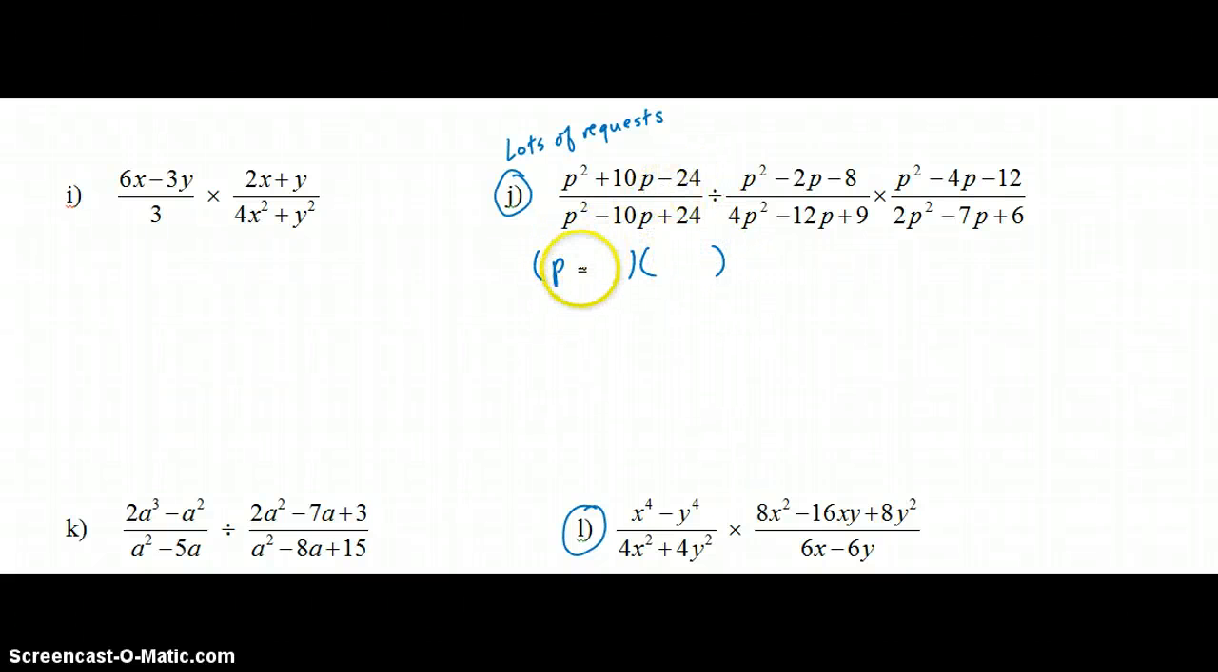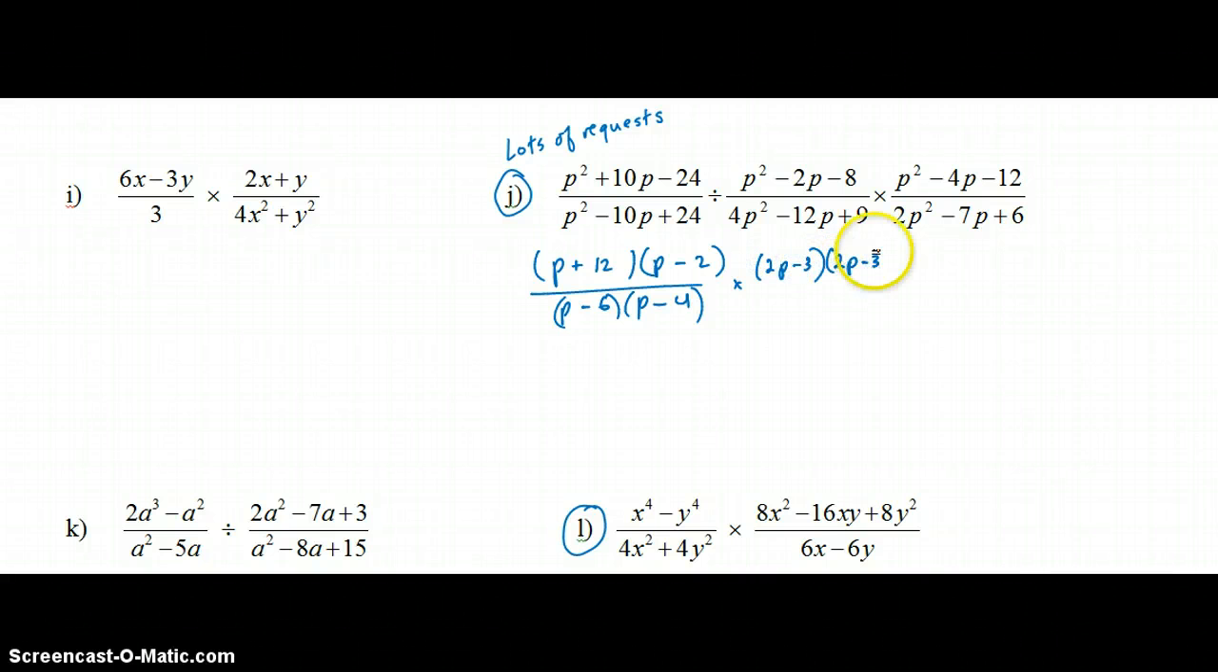We have factors of 24 that subtract to give 10, so that's 12 and 2. 12 gets the positive. p minus 6, p minus 4 times. This is a complex trinomial, but it's actually a perfect square trinomial. Again, this is the bottom of the fraction moved to the top, and then the p minus 4, p plus 2. And the last one is p minus 6, p plus 2 on the top, and 2p, well, complex trinomial,